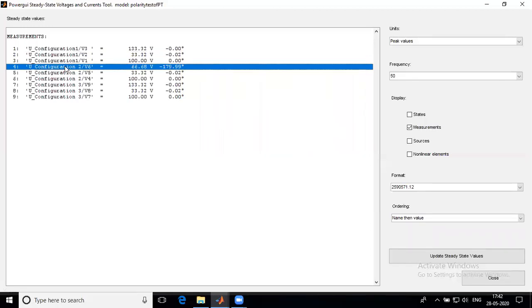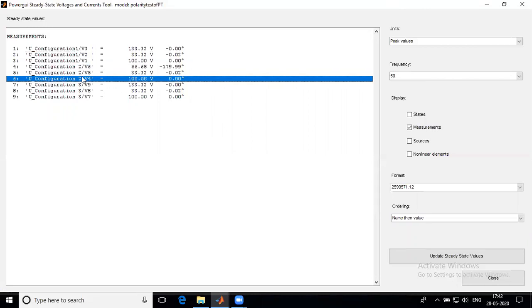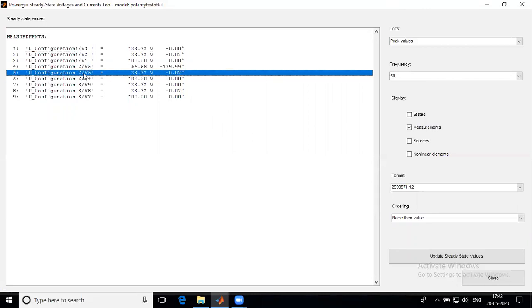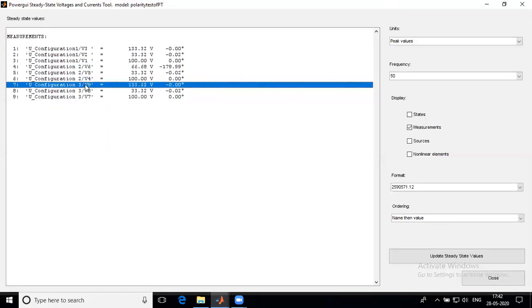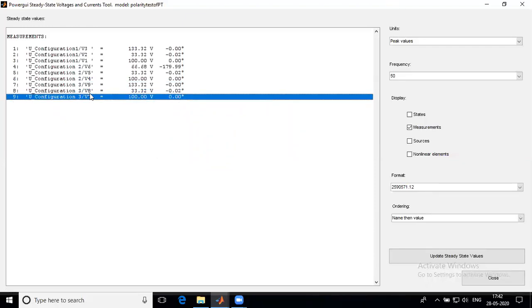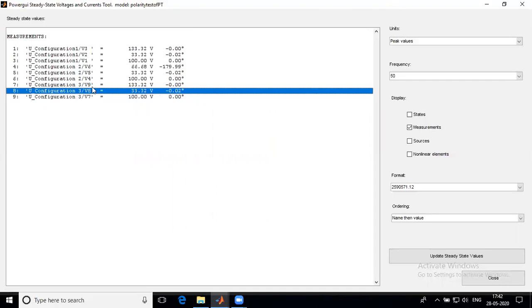Next, for configuration 2, V4 is again the primary winding voltage 100 volt, V5 is 33.32 volt, and V6 shows 66.68 volt, which is subtractive in nature. That means the windings across V6 are of the same polarity.